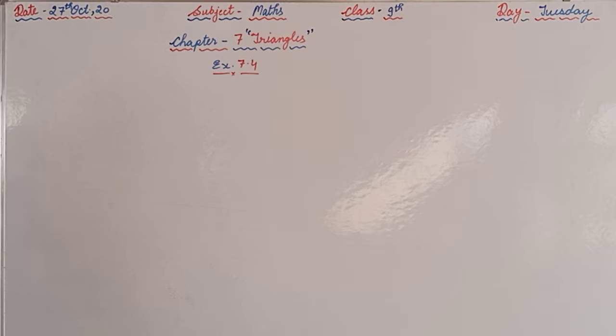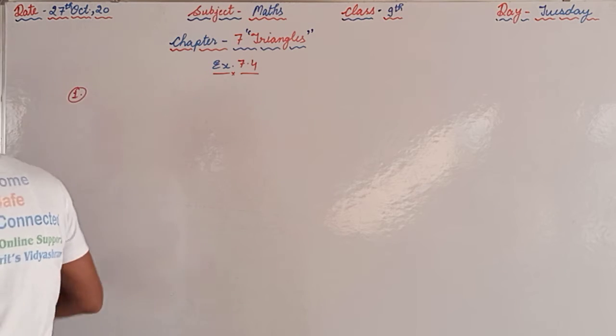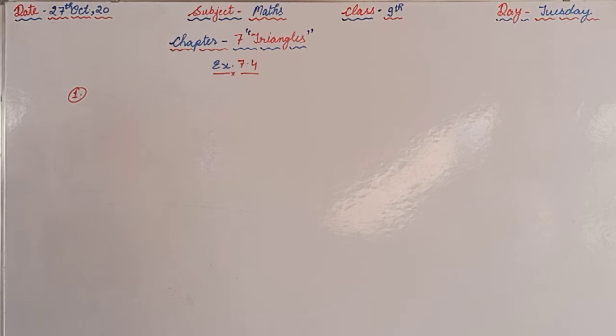So we will start with question number 1, and in this question we are supposed to read first of all, because as I told you previously, whenever you are watching the video you should have your textbooks with you, so that you can also read the question. At the same time you can collect the information given in the question. So the question is, show that in a right angled triangle the hypotenuse is the longest side.